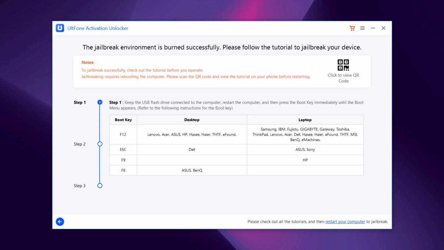Now you come to the interface which tells you that the burn is successfully completed.